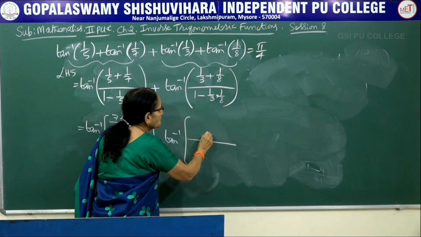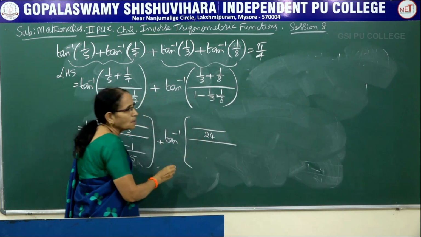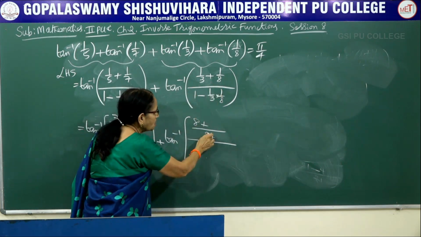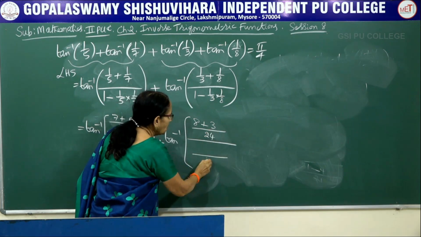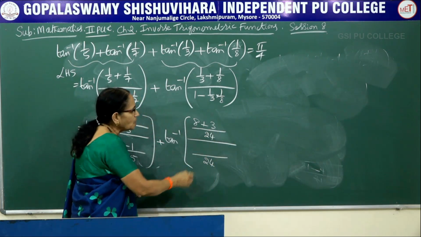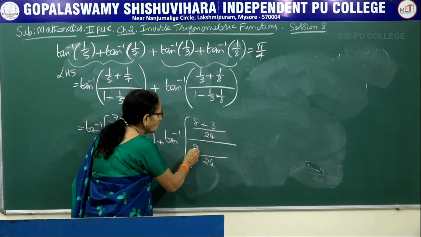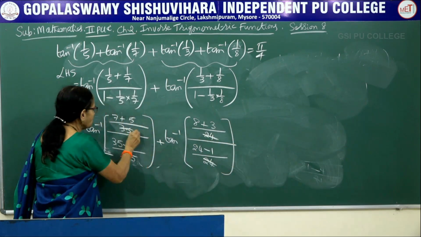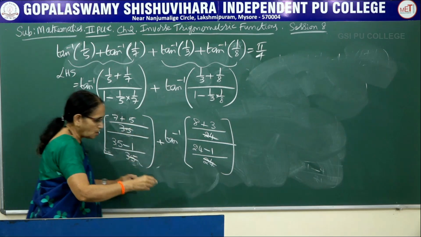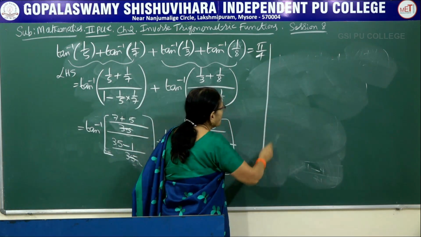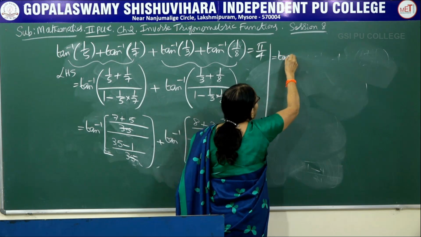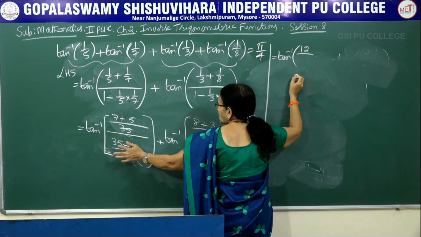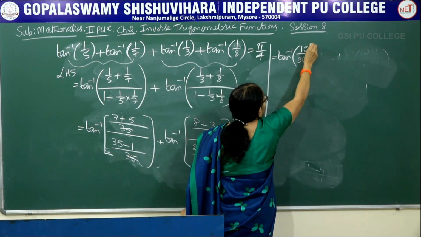What is the LCM? 8 3s are 24 is the LCM. So 3 8s are 8 into 1 plus 8 3s are 3 into 1. Similarly, denominator also has got the same LCM, 24. So it is 24 1s are 24, and this is minus 1. First cancel the LCM. 35 35 and 24 24 we are cancelling. Let us see what is remaining now. Tan inverse of, it is 7 plus 5, that is 12, over 35 minus 1, that is 34.